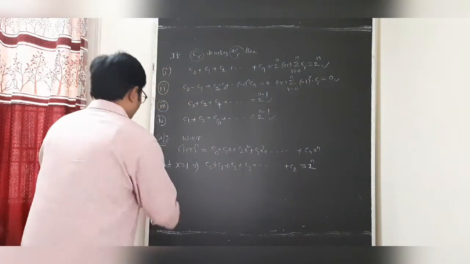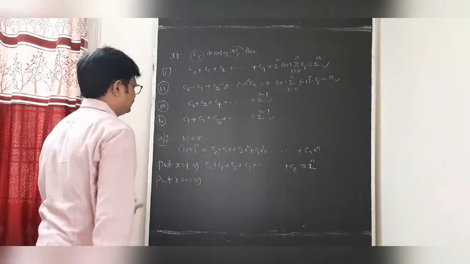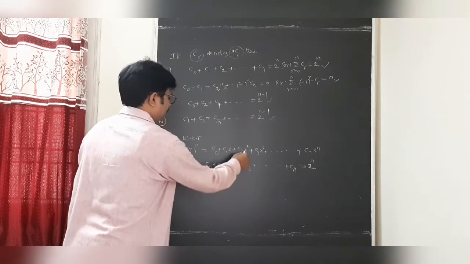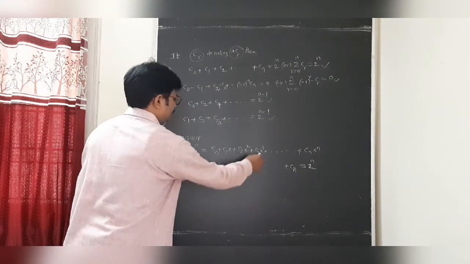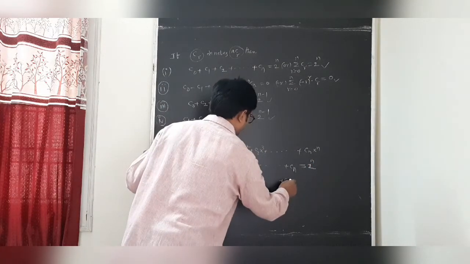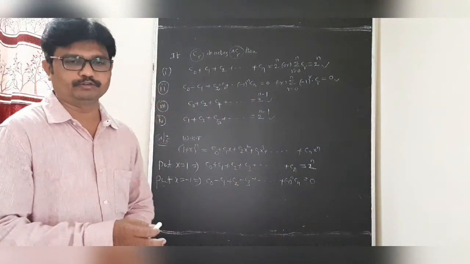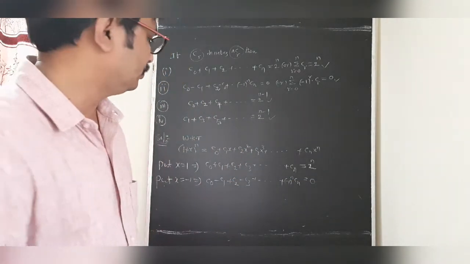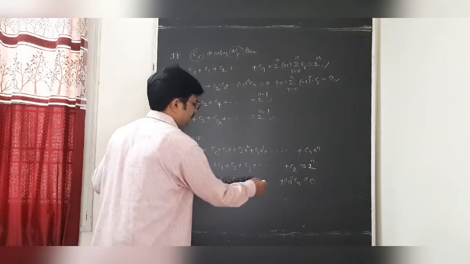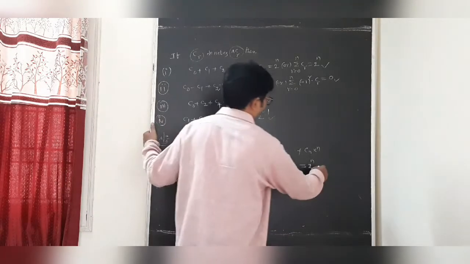Now students, substituting x equal to -1 in the above expansion. This is C0 - C1, then (-1) squared gives + C2, then - C3, up to (-1)^n Cn. This will be 0. When the signs alternate, undoubtedly that expansion is 0. Dear students, here we simply observe this is 0. So now, students, this will be taken as the sum.